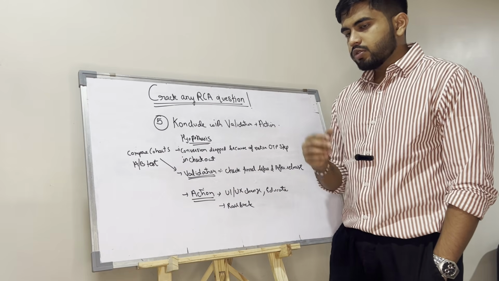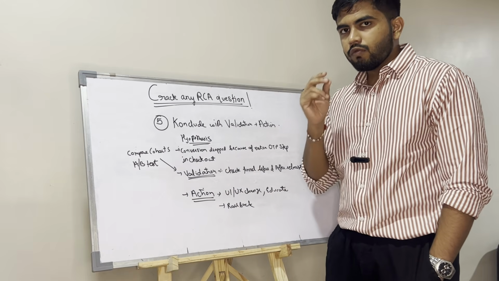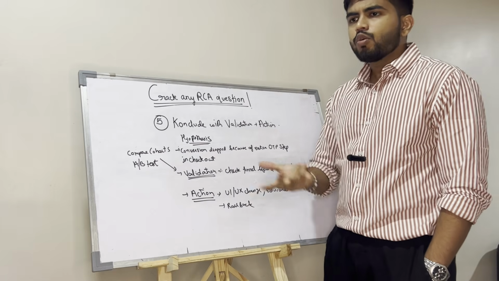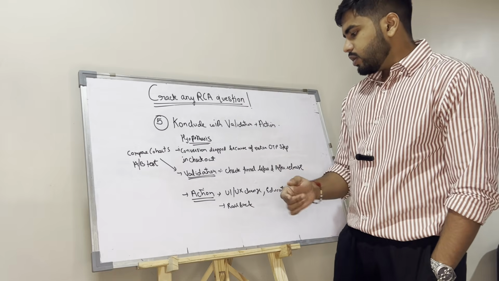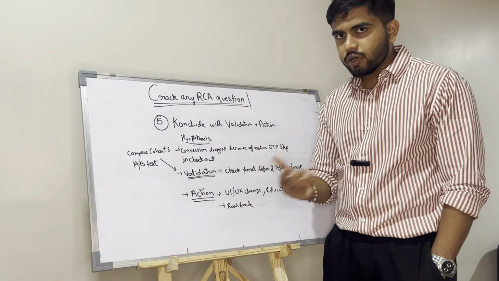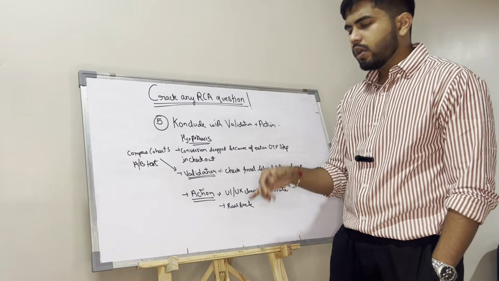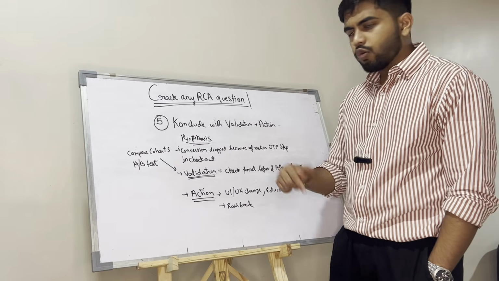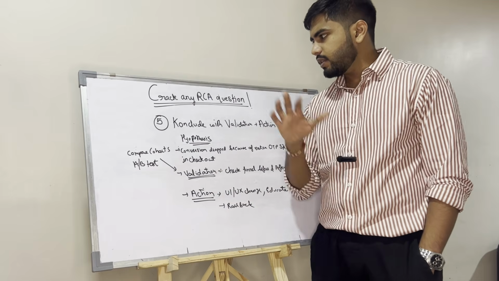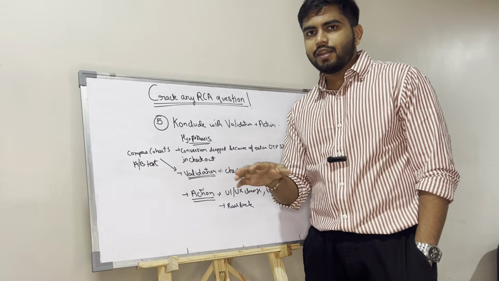Now action. After validation you need to tell what action you are going to take. Now OTP could be a required step, right? I won't be able to skip it. So I need to improve my UX, UI, or can I educate my user how to do that OTP step? This could help. Or if that feature was not at all required, can I roll it back? So you need to have validation and action. So I think that's the RCA framework to crack any interview.